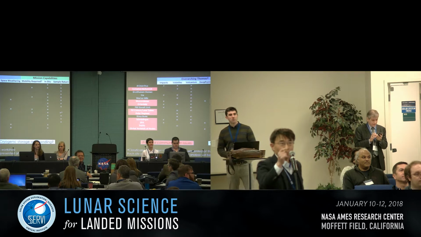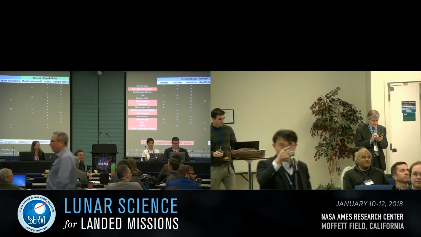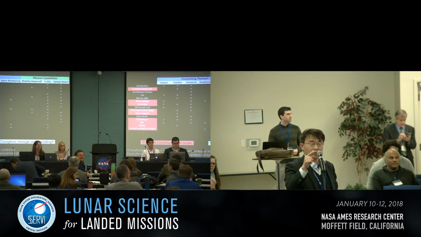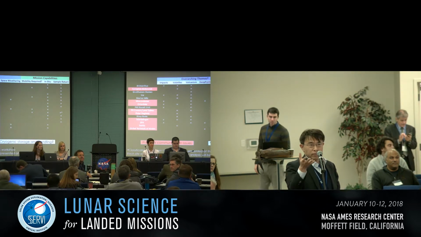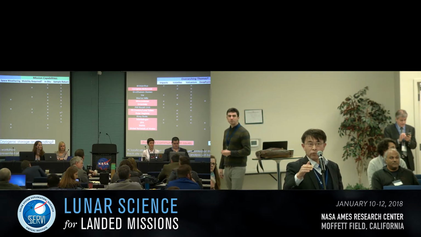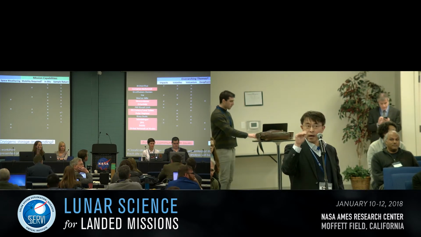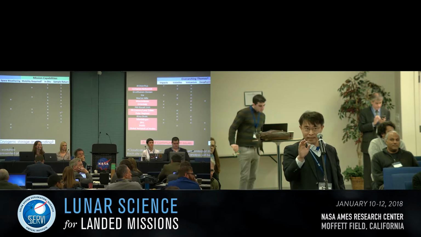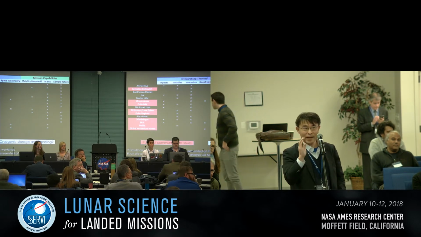Short comment for the polar region. Perhaps that means a permanent shadow area, water ice molecule detection like that. And actually, a permanent shadow area is a permanent shadow from the sunlight. But from the Earth, some permanent shadows are seen or looked at. So please be careful. Just a comment.